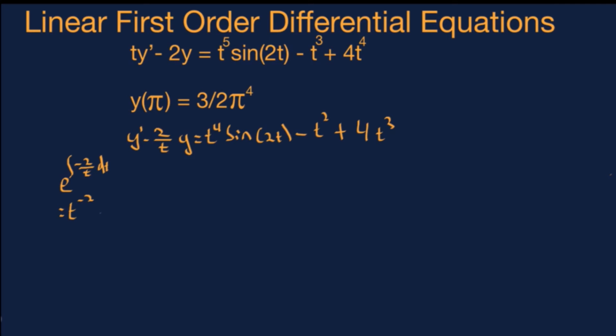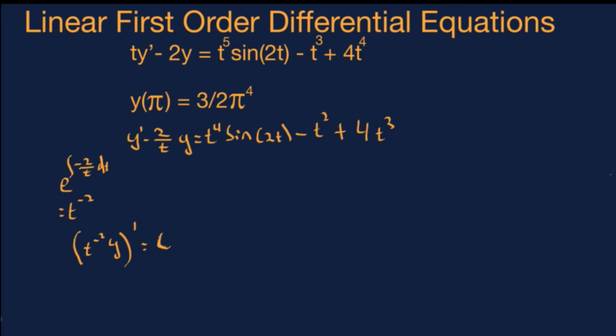It's almost the same exact thing as the previous one, but in this case it's a -2 instead of a +2. And so of course the next step is to multiply the equation with the integrating factor. So when you do that, on the left side you actually get the product rule in terms of t to the -2 times y. So that can be expressed as t to the -2 times y prime. And on the right side of the equation, when you distribute t to the -2,